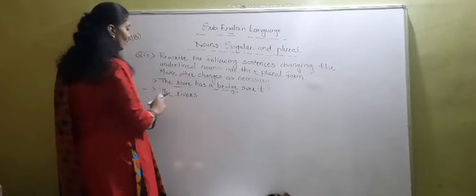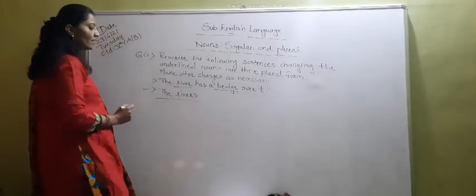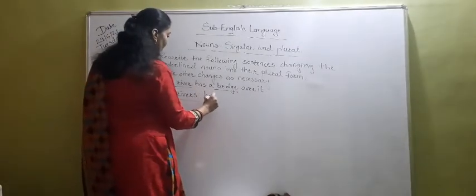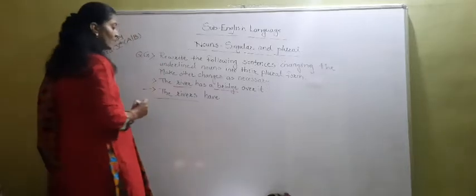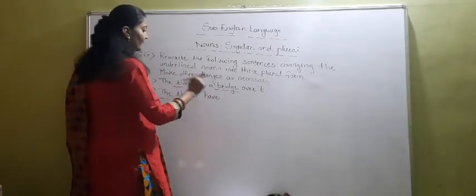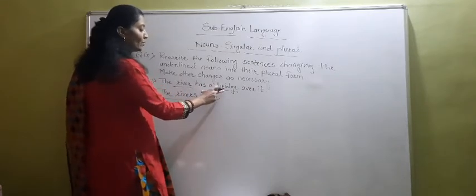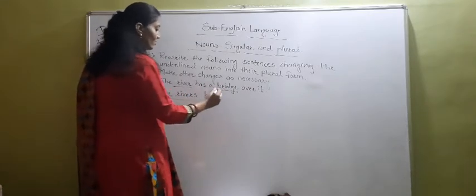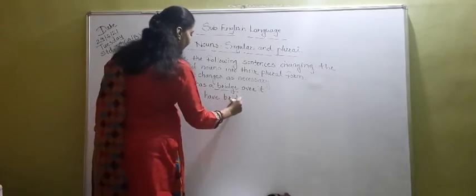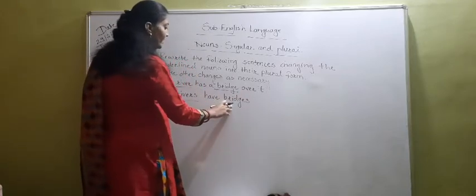Okay. Now we have made plural of the river, that is rivers, and so we have to write here have. The rivers have. Now again see the next word that is underlined here, a bridge. So we have to make plural of this word bridge. So we will write here bridges. The rivers have bridges